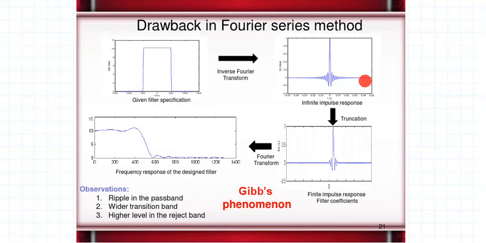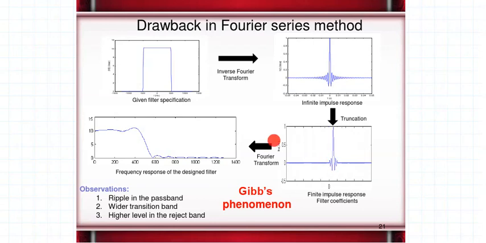To get a finite impulse response filter, the very next thing that we did was we truncated it and shifted it, making it finite and causal, and this was our final set of filter coefficients of the filter that we expect to design. Once I get my final filter coefficients, I'm interested in looking at the frequency response of the filter that I have designed.